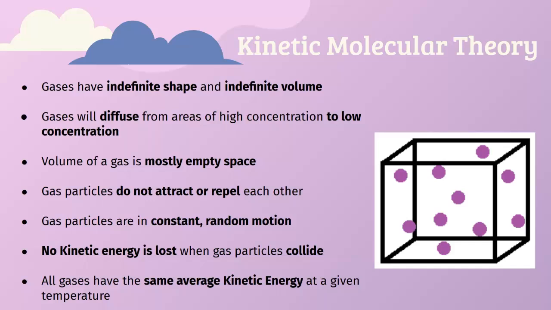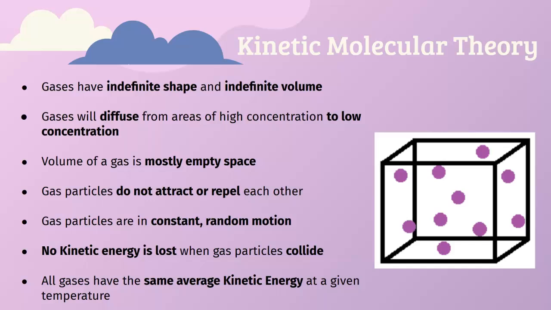Basically, this theory just tells us how gases behave. Gases have indefinite shape and indefinite volume. They diffuse from areas of high concentration to low concentration. The volume of a gas is mostly empty space. Gas particles do not attract or repel each other, and they're in constant random motion. There's no kinetic energy lost when gas particles collide, and all gases have the same average kinetic energy at a